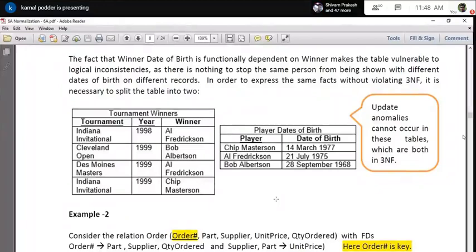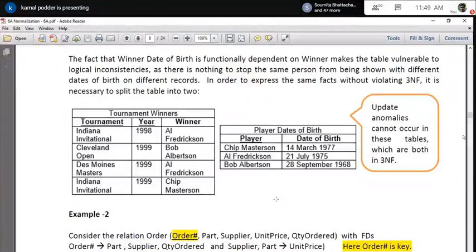Then you have to apply the second normal form. Second normal form says that a non-prime attribute should depend completely on the prime attribute, not partly. If you see that there is a partial dependency, there is a problem, which we have discussed. So if such a thing exists in the table after achieving the first normal form, you divide again and try to achieve the second normal form.